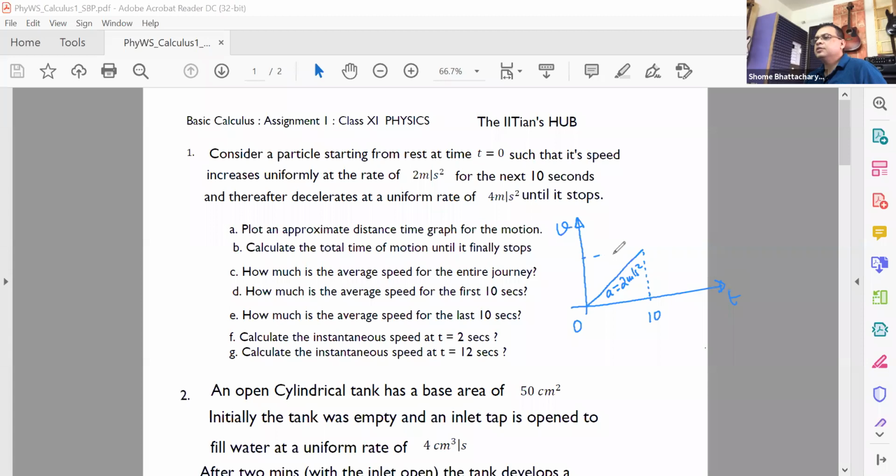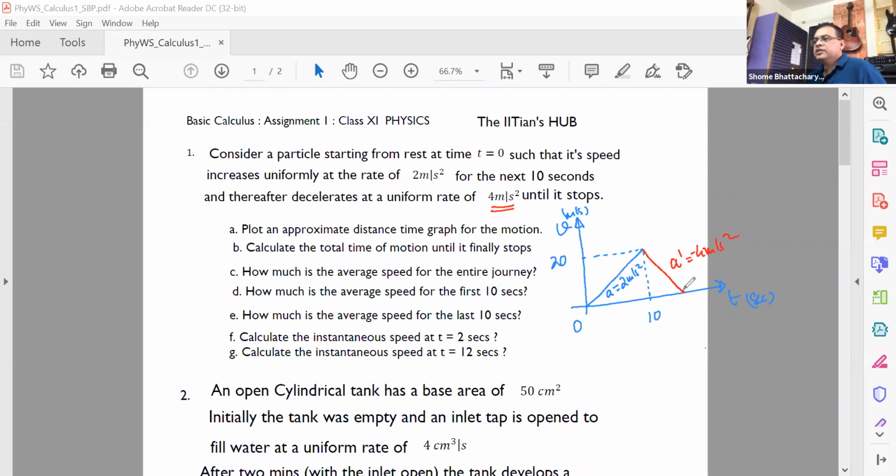So how much will the speed become at 10 seconds? It will become 20. V is equal to u plus at, right? This is in seconds and this is in meters per second. So this part of the graph is clear. Yes, sir. Now next, see what is happening after 10: it's decelerating at the rate of 4. So again it should be a straight line but decreasing. So a prime should be equal to 4, or with sign, minus 4 meters per second